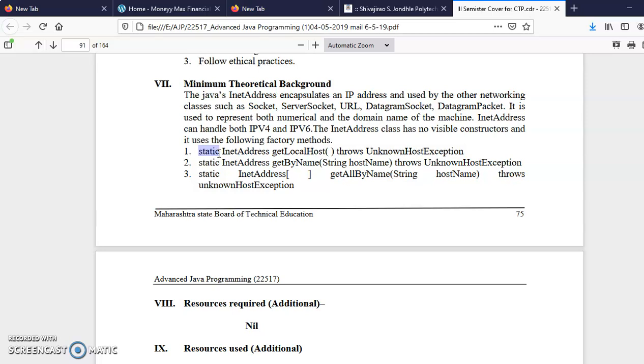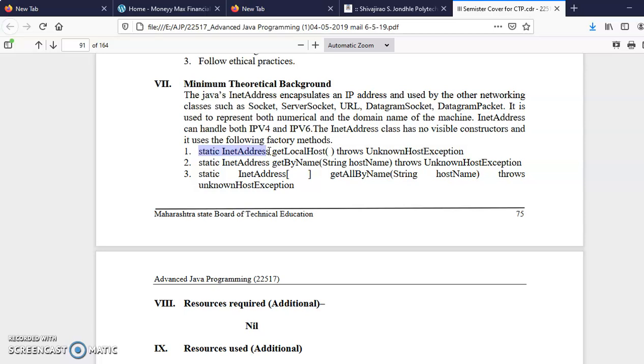So which class are we seeing now? We are doing the InetAddress class. So the factory methods of the InetAddress class will return an object of InetAddress. You can see here the return type is InetAddress. So these two things together make the method a factory method: one is static, and second, the return type should be the class name.